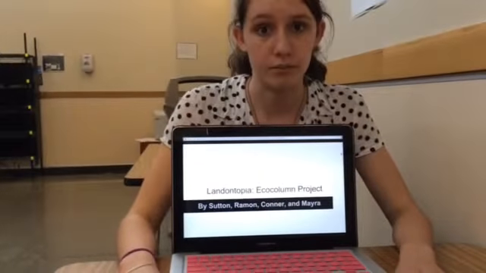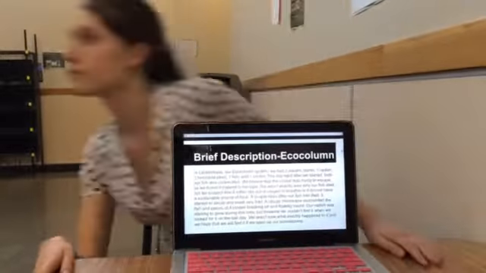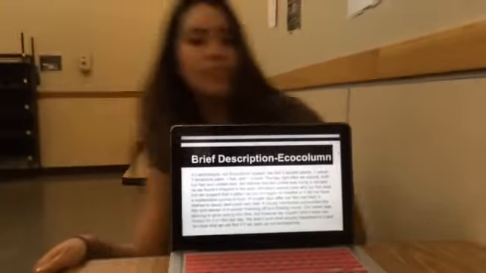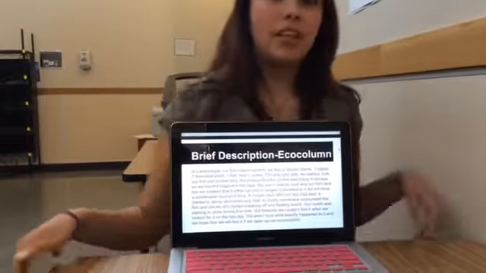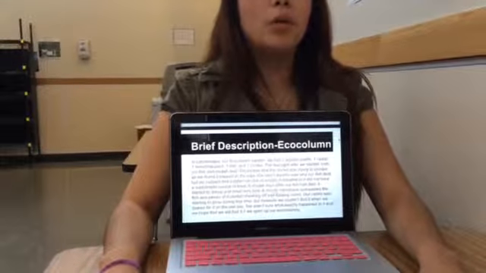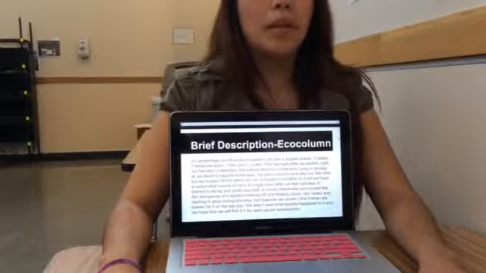Landontopia, our eco-column project. Brief description, ecological. In our Landontopia ecological system, we had 2 aquatic plants, 1 radish, 1 terrestrial plant, 1 fish,